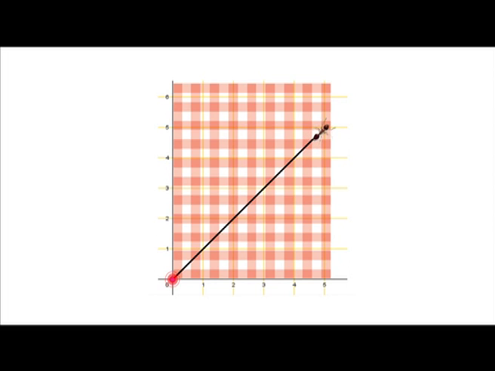The ant is at the origin (0, 0) when time t is equal to 0 seconds, at the point (1, 1) when time t is equal to 1 second, at the point (2, 2) when time t is equal to 2 seconds, and so on. Now our aim is to obtain the path traced by the ant.